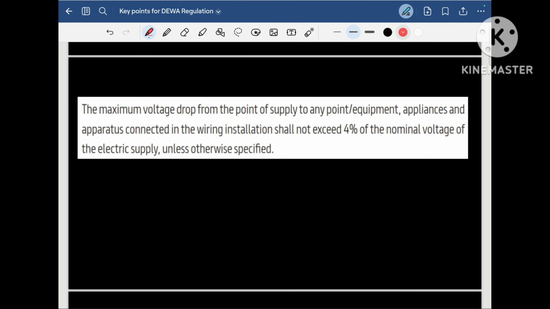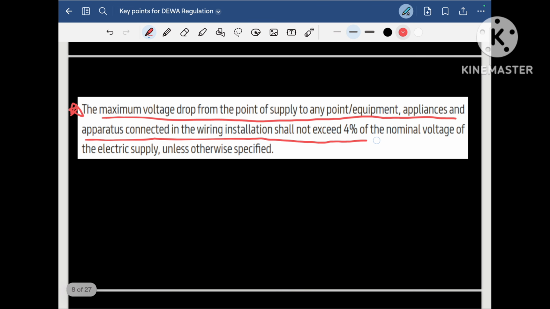Now let us move to the other very important point mentioned in DEWA regulation, that the maximum voltage drop from the point of supply to any point, equipment, appliances and apparatus connected in the wiring installation shall not exceed 4% of the nominal voltage of the electrical supply. This is very important. Here you see it is mentioned nominal voltage of the electrical supply. In the first point, we know that DEWA is supplying 230 volt for single phase and 400 volt for three phase. Now here we have one MDB,